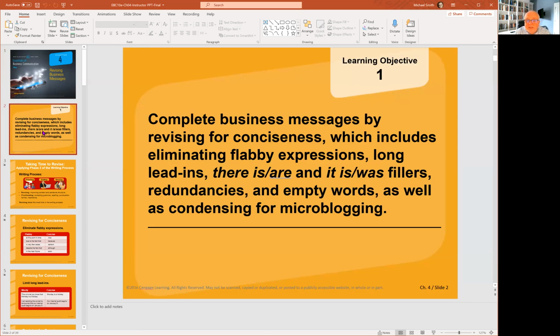Complete business messages by revising for conciseness. Say it in as few words as possible, which involves eliminating flabby expressions, long lead-ins, there is or are, it is or was, fillers, redundancies, empty words, as well as condensing for microblogging.